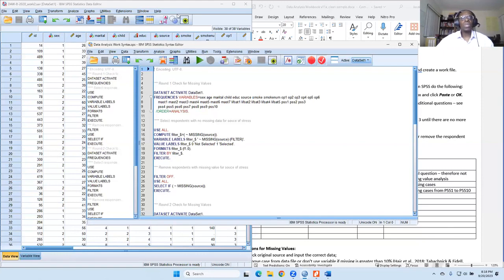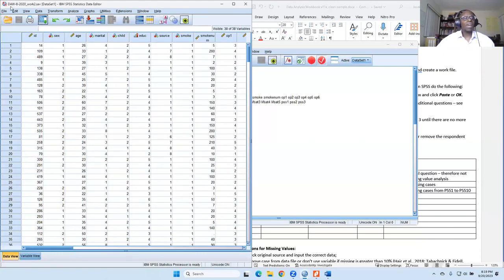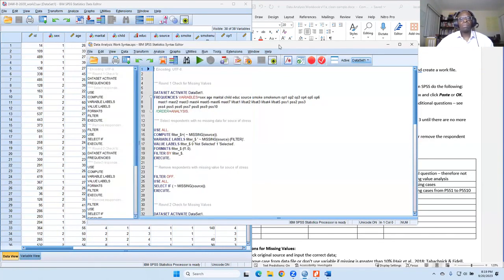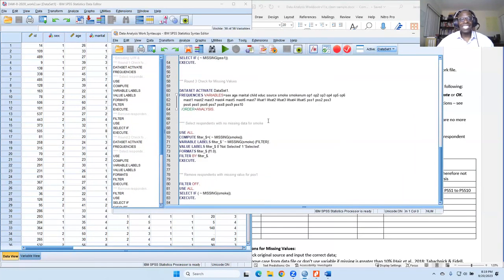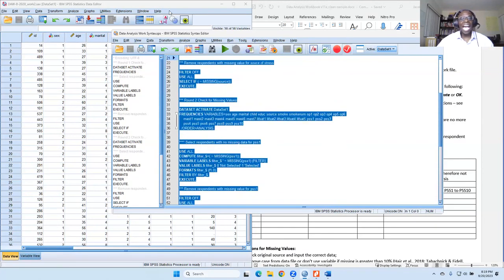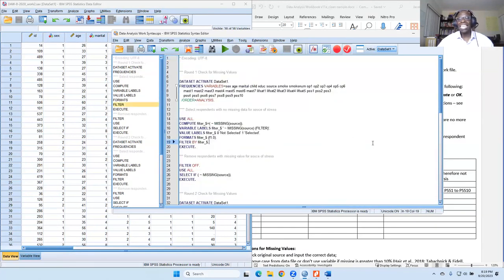So what we did is we saved the work data file as the name of the data, and then we underscore it and just type work, because we're going to be working with that file. That's why we call it a work file. Okay. Now, so let's say we made an error and we had to start all over. Well, if you have the syntax, all you got to do is just highlight everything and just run it, and it'll take you right back to where you were, like that, instead of having to go and click, click, click, click, click, right? And then we can go and we can see exactly what we did.